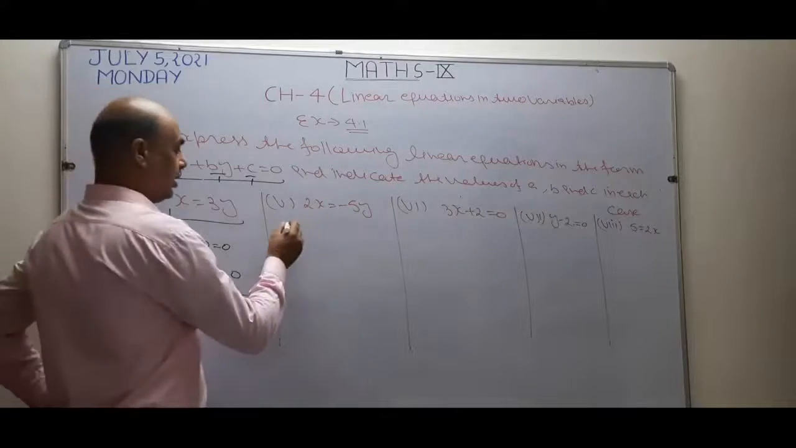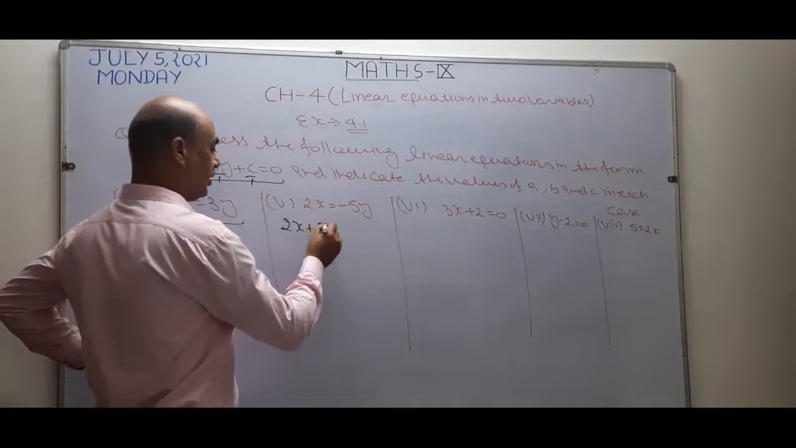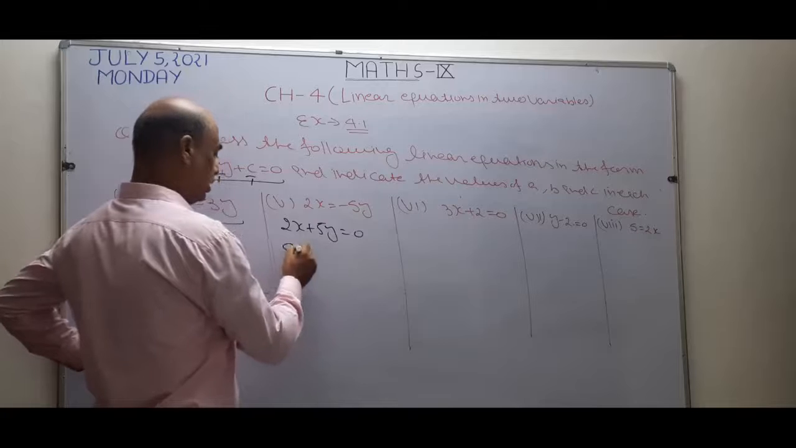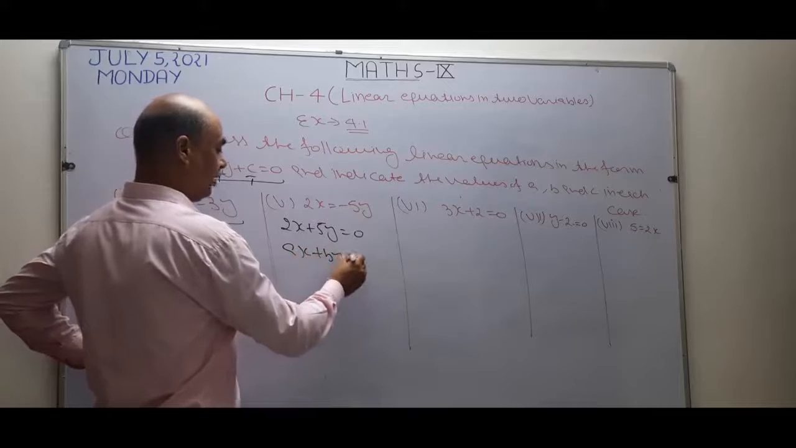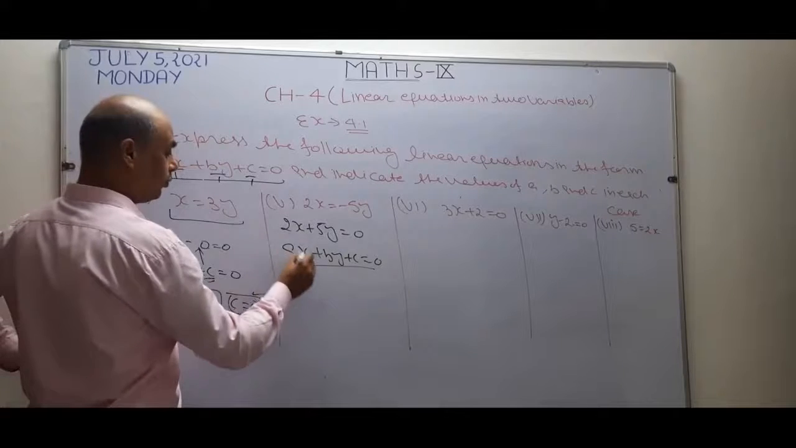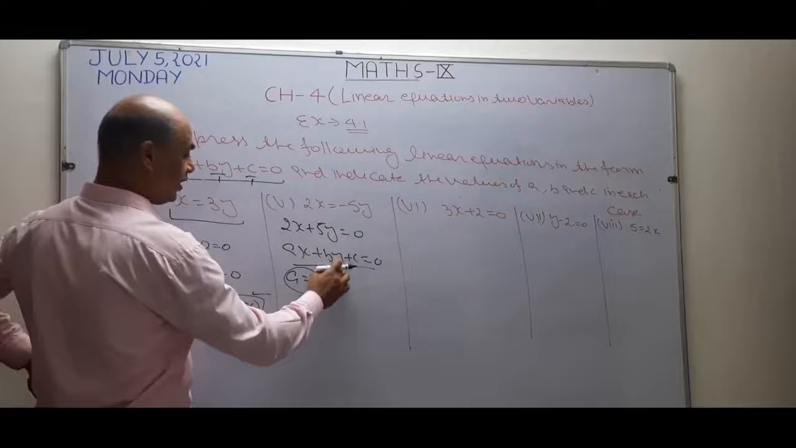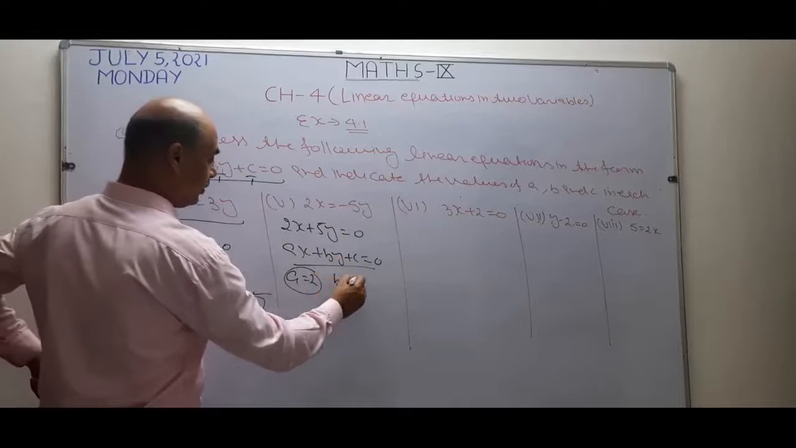Now see, I take this minus 5 from right to left. So this negative becomes positive, equal to 0. Now I am going to compare it with the standard form. Coefficient of x. When I compare the coefficient of x, the value of a becomes 2. When I compare the coefficient of y, the value of b becomes